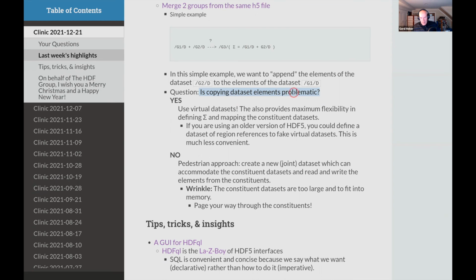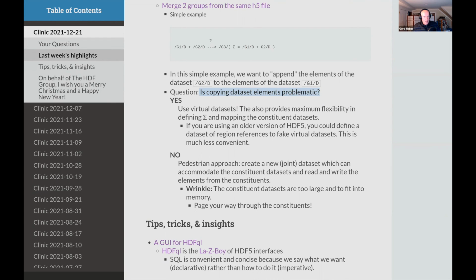And what I mean by that, well, if that data set is 10 terabytes large, and you tell me you want to copy 10 terabytes, then if you have enough time, that will eventually happen, but it's just not very performant.